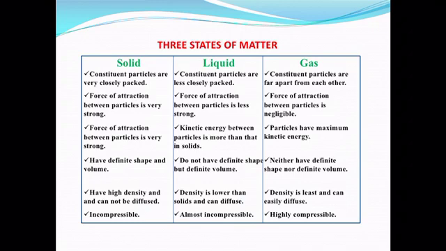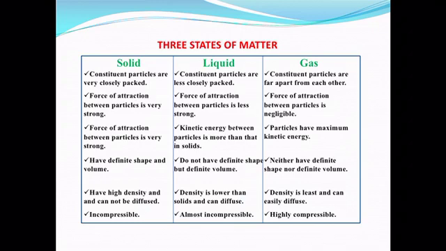Next, solids have definite shape and volume, whereas liquids do not have definite shape but have definite volume, and neither shape nor volume is definite in gases. So when we have to use gas, we have to compress it. Otherwise we cannot know how much gas we are using. First we have to convert gas into liquid, because we know that liquid has fixed volume. Thus we can know what volume of gas we are going to buy from the market. Our cylinder has 14.2 kgs. Gas is very difficult to measure, so we convert it into liquid form. Then moving next,